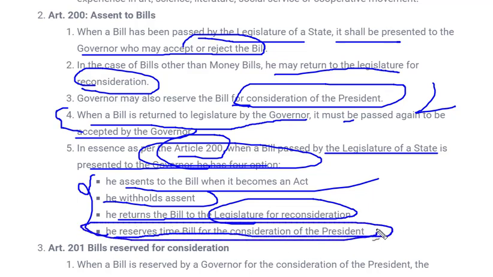The fourth option is a very important option with the governor, an extra option which a governor has, because he acts as an agent of the central government. It's not written in the constitution anywhere that the governor is called an agent of the central government, but it is considered so, since he is appointed by the president, and the president acts at the central level. So the governor is called an agent of the central government.